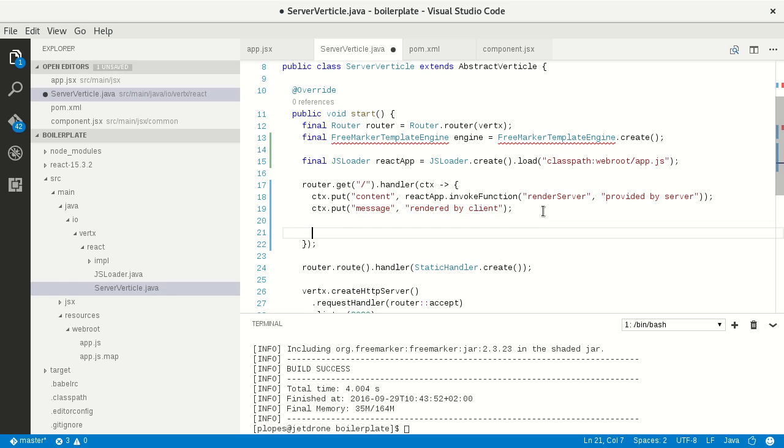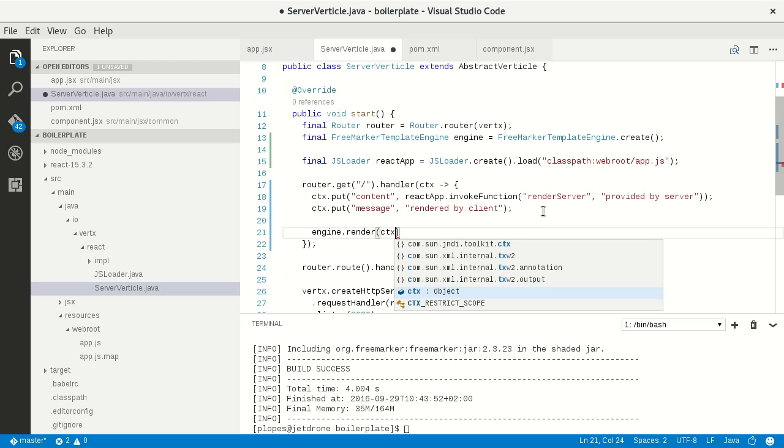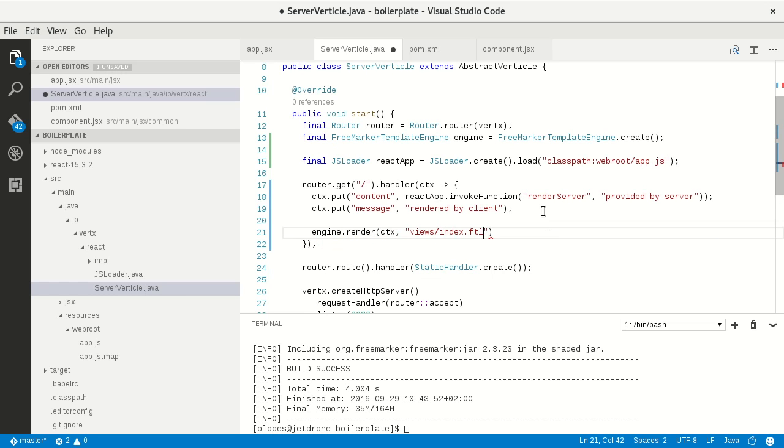So we can do engine.render, and we need to pass the context. So once now the context is correct with all the variables. So we're going to do, let's say that we're going to have a template on this location. We'll create this right after. So once it's done,